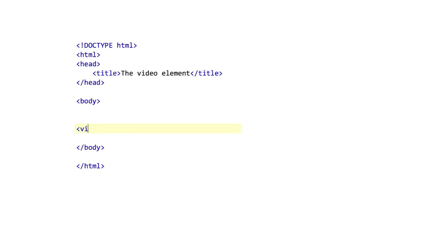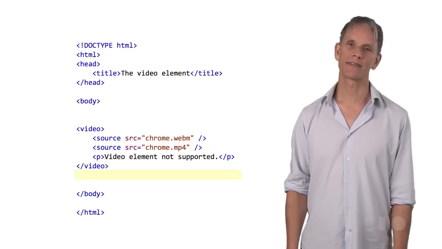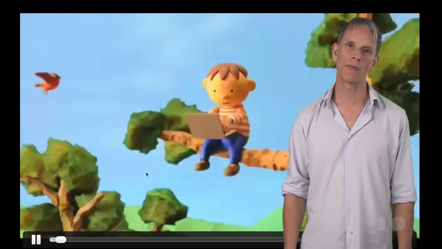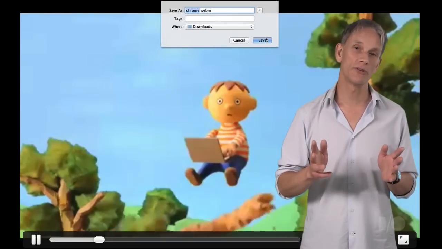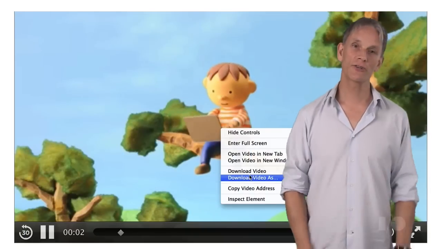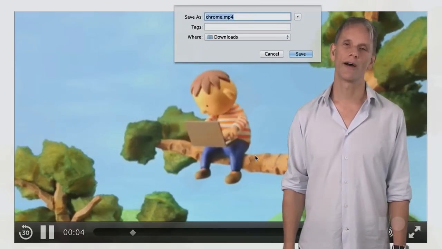Okay, now that simple example is nice, but it only points to one video source. And of course, not all browsers support the same video formats. The good news is that MP4 and WebM cover all modern browsers, including all mobile browsers. Use the source element to enable browsers to choose from multiple available formats. You can specify video sources in order of preference. Here, Chrome chooses the WebM file, Safari chooses the MP4. No server-side detection or JavaScript required.